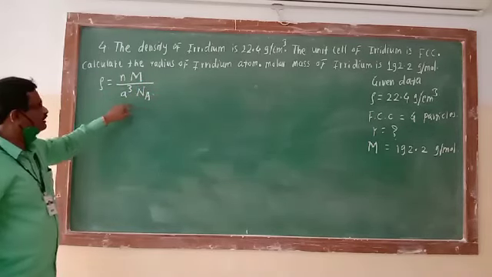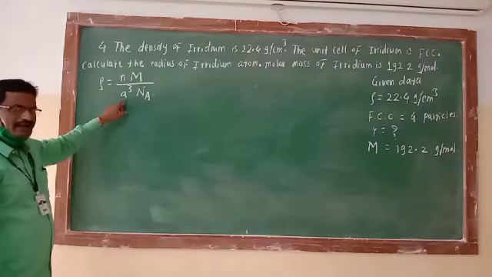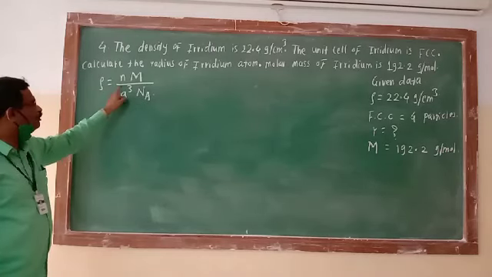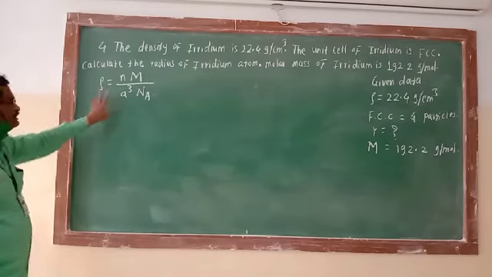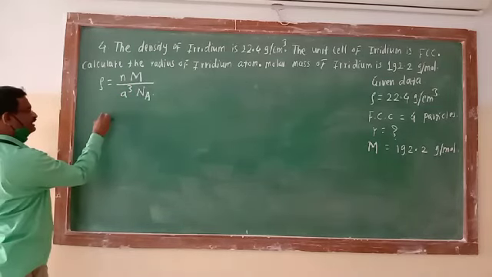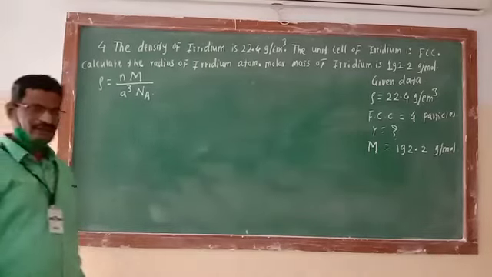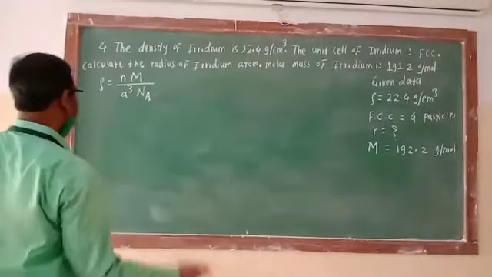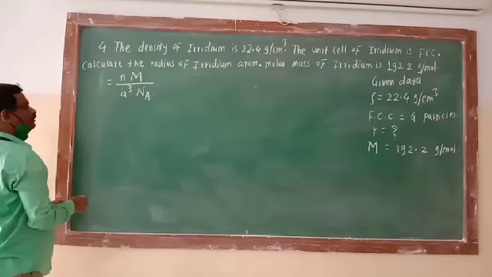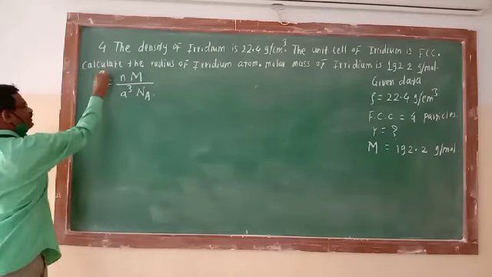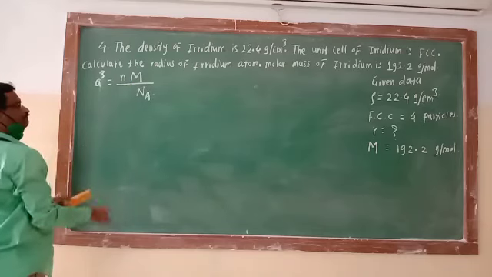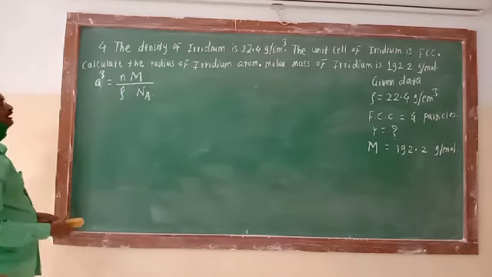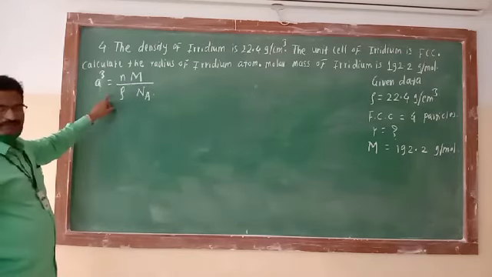Using this equation, what can we find out? We can find out the value of a, because this equation can also be written like this. If we take a cube over here and rho can be shifted over here,